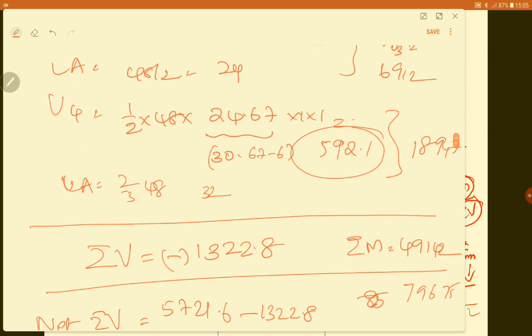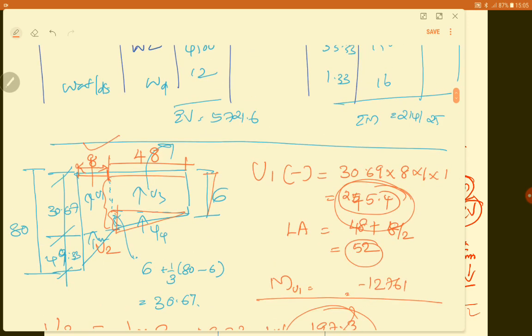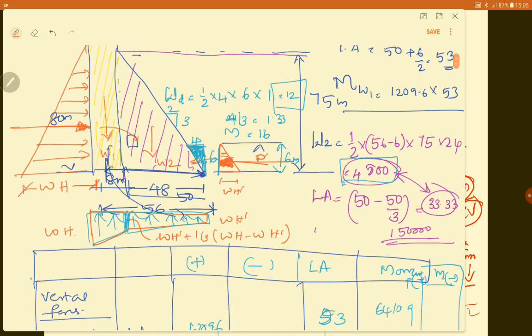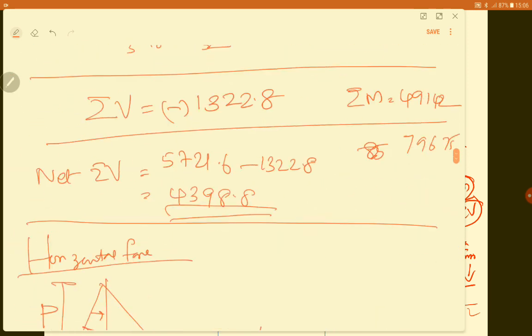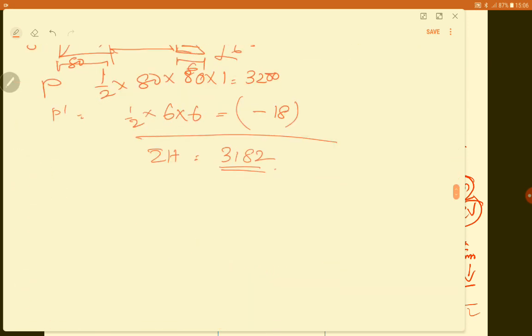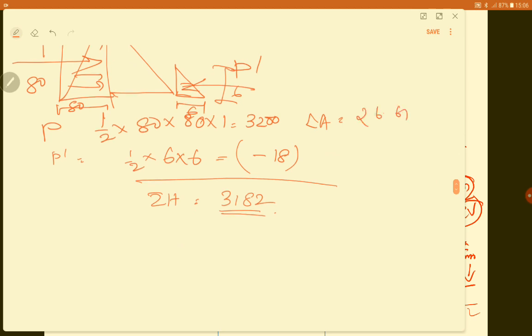Okay, now these two will also contribute towards the moment, right? So the vertical as well as the horizontal forces will be contributing to the moments, right? So here you have this as well as this moments, right? So you have to consider these two moments also. So what will be the lever arm for these two forces? What will be the lever arm here? The lever arm will be equal to 26.67, and for here the lever arm will be equal to 2 meters, 1/3 of 6.